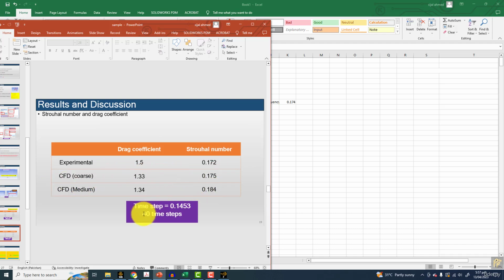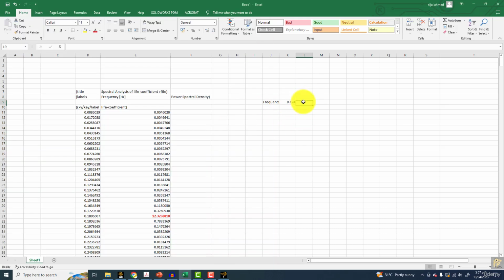And with the medium mesh, which we used here, basically almost 20,000 cells. So for the coarse mesh, it's 0.175, and with the medium mesh, it's 0.184. But now with this case, we have the more accurate data. It's 0.174. So if I get the error, so this is the frequency